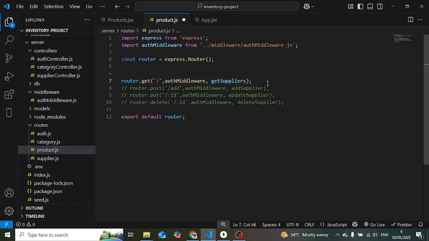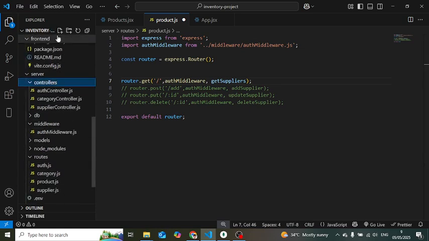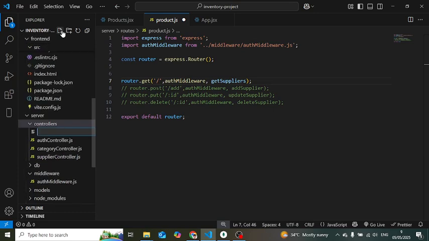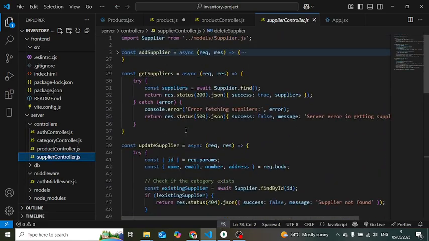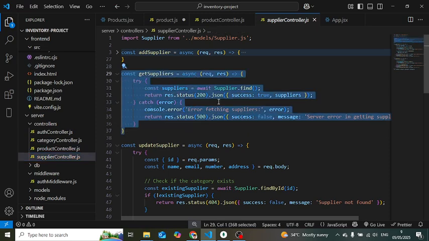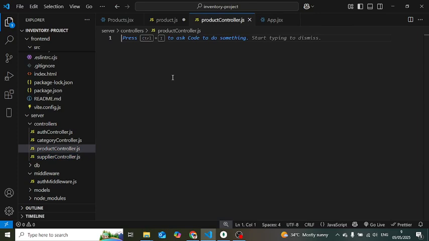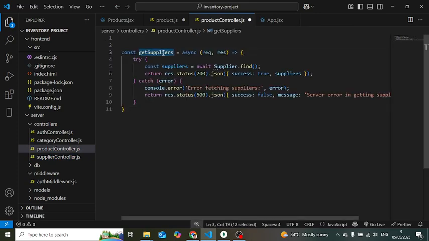And now let's create a controller. In that controller we want to call a function. So let's come here to the controller. Let's create product controller.js. So here we will now make a controller. In this controller, let's create the get products function. Simply like this, like here we had get suppliers. So here let's change this to get